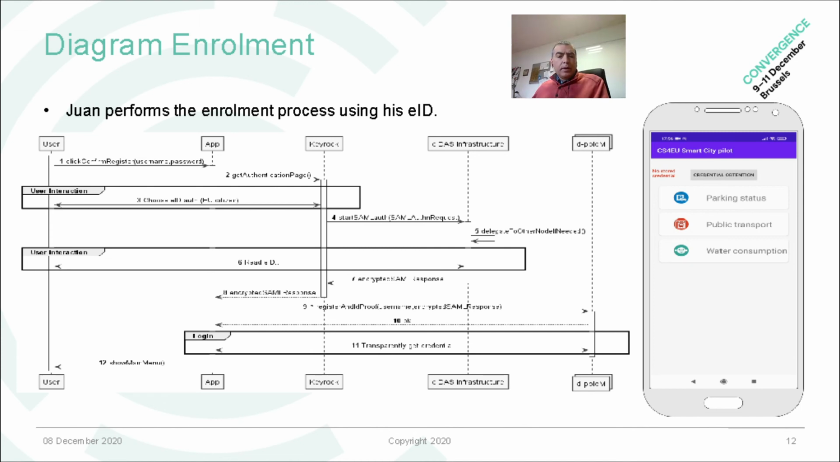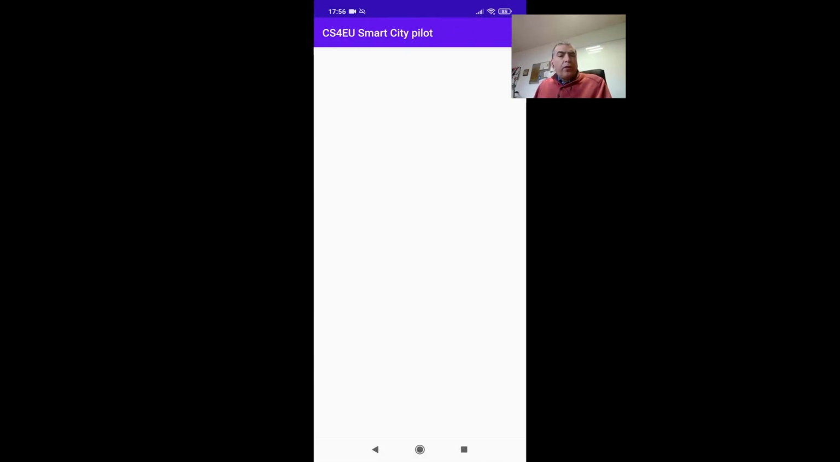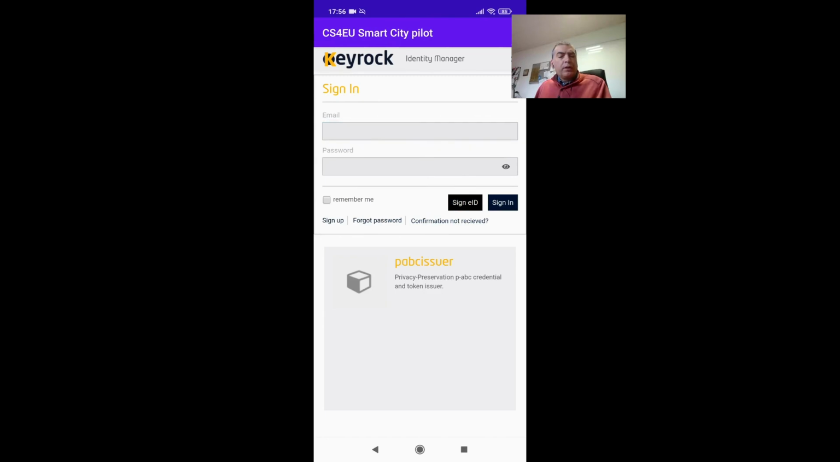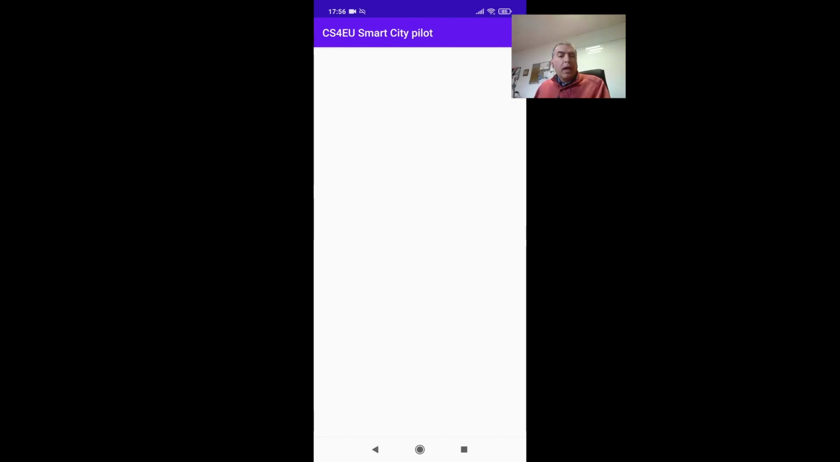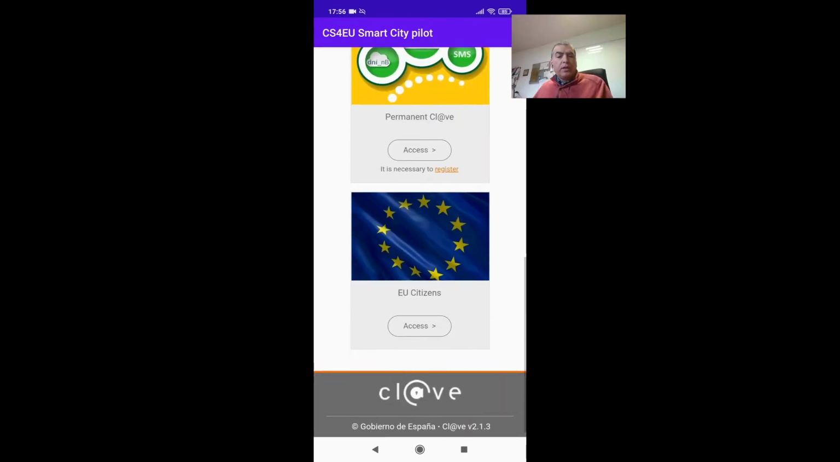Okay, the user is making the enrollment and provides the user password. Based on this, it goes through Keycloak, which acts as a bridge in order to connect and do the authentication with eIDAS. For eIDAS here, as you can see in this context,